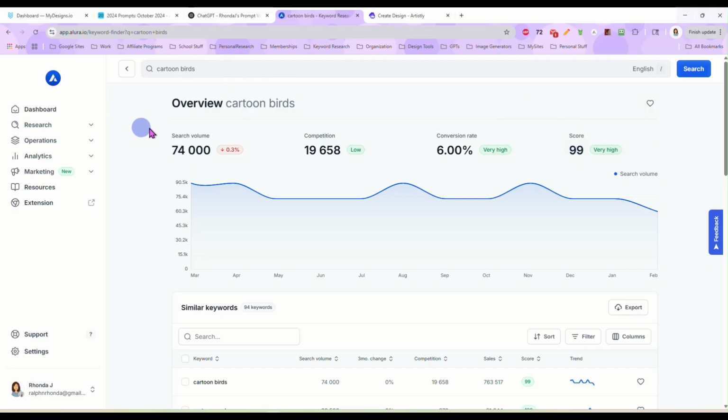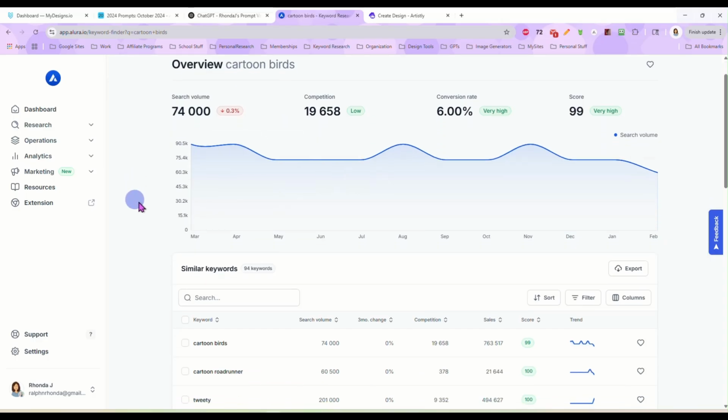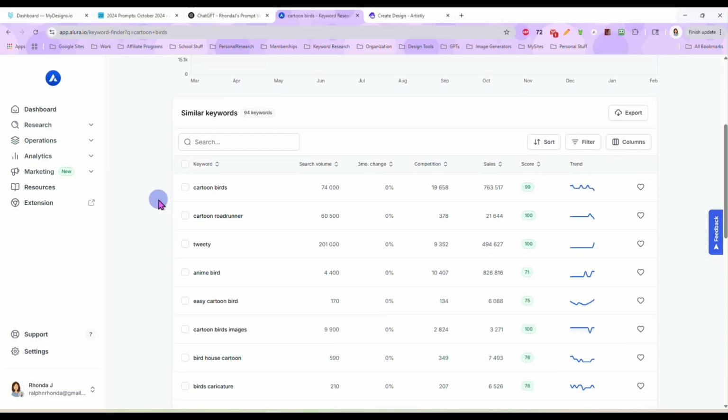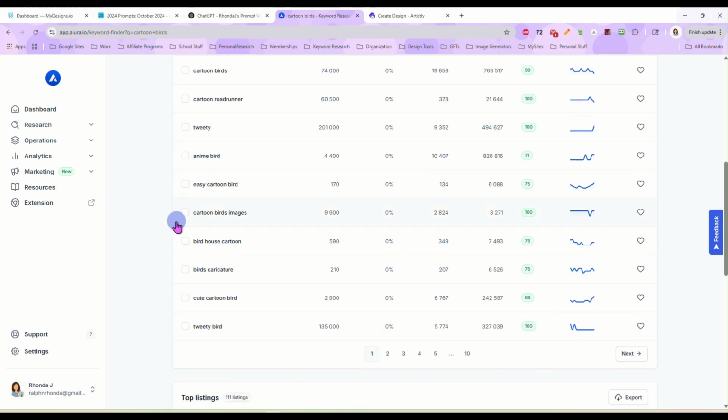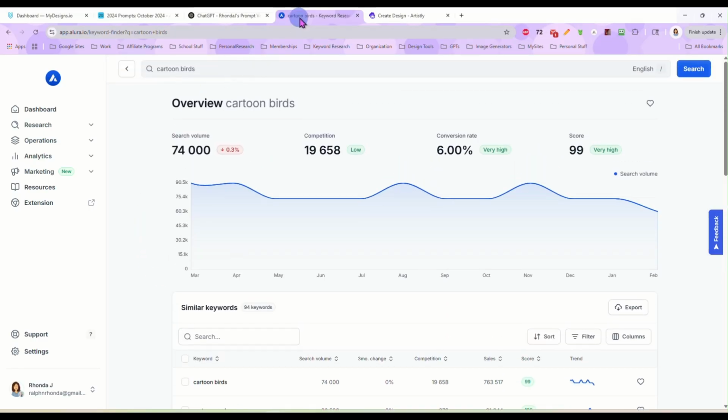Okay. So right here, you can see I'm in my Alora dashboard and you see the results for cartoon birds here. So this is definitely a good keyword. And if you scroll down, there's a lot of good keywords that go with it. Cartoon birds images, birds character, cute cartoon birds. So there's a lot of nice keywords we can use in our listing too if we want to. So I'm just going to slide that tab way over here to the left to get it out of the way. I want to keep it open because I want to use some of these other keywords later in my